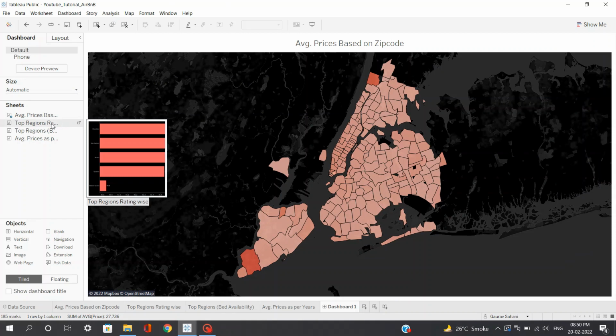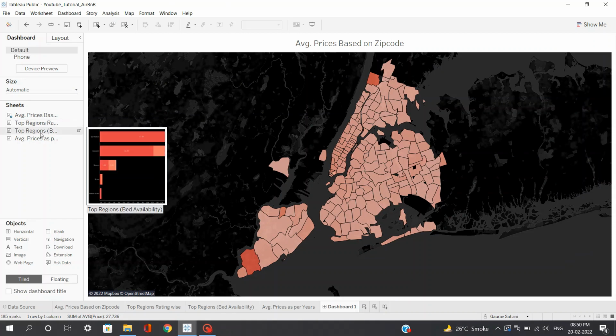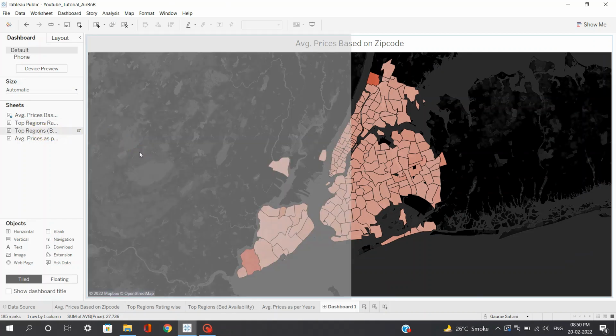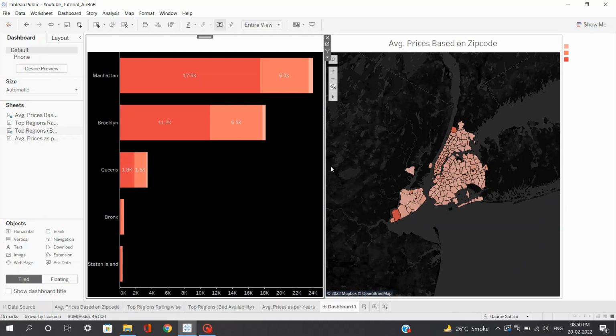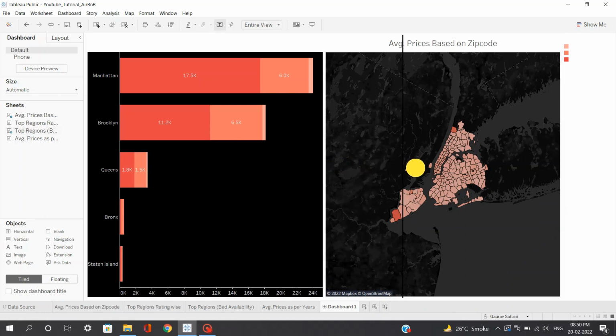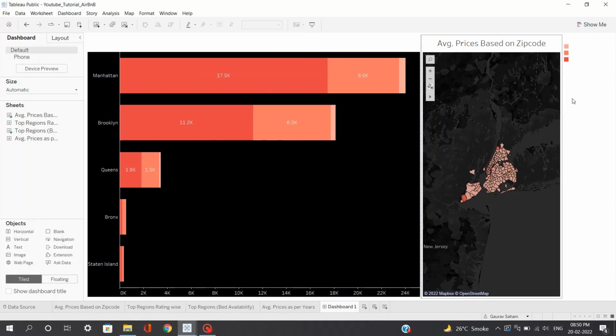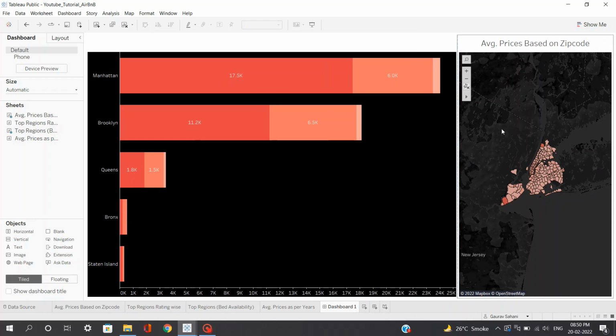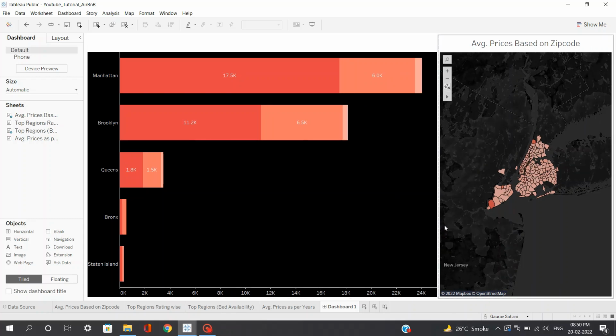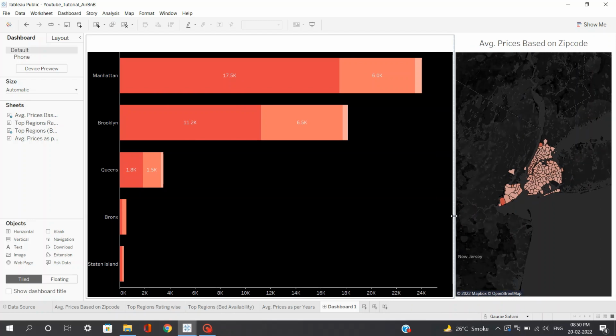Now secondly, I'll bring my top regions bed availability chart here, and I'll make it 75-25. I'll just exclude these legends. So I'll be keeping this whole left hand space for this map visualization, which would be around 75% of the total, and 25% of the total, the rest of the space, I'll be occupying with three sheets.